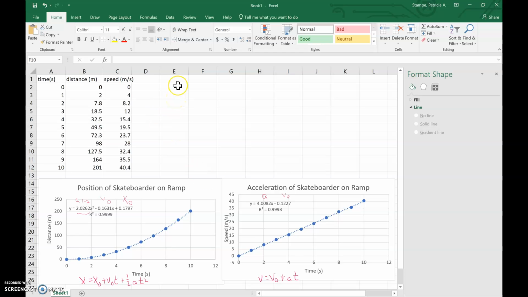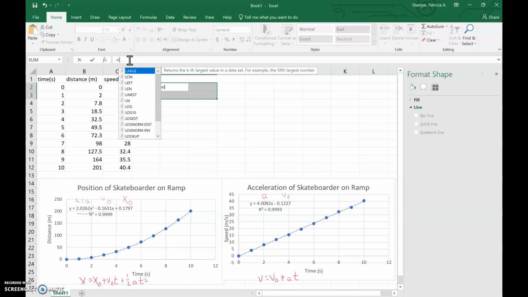So let's do the fit, and let's start off with the linear one. So what we're going to do is we want to know the slope and the uncertainty in the slope, and we want to know the initial velocity, which is the y-intercept, and the uncertainty in it. So I'm going to select a 2x2 array, and in the first cell I'm going to go up here, I'm going to type in the function linest, linest, open bracket,